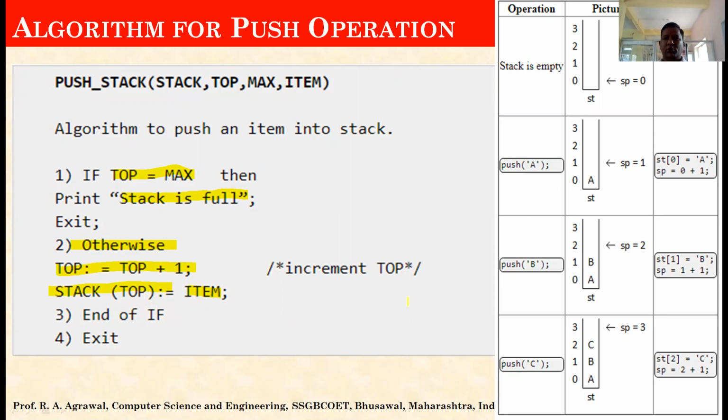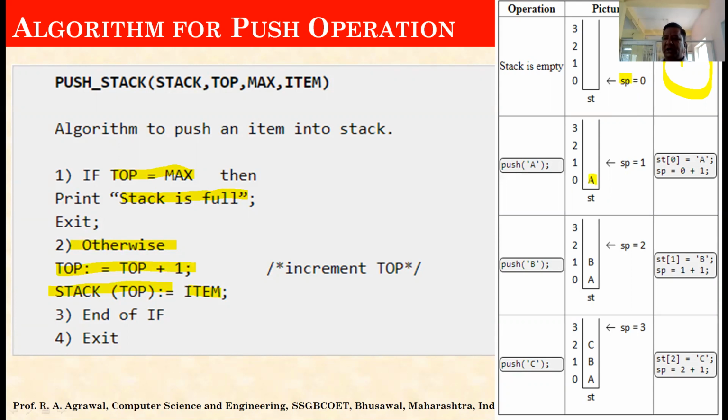So this is an algorithm for performing the push operation of the stack. Here you can see an example. Here the stack is empty, and the stack pointer is initialized to 0. You can initialize to 0, but when we are using an array implementation of stack, we will initialize it to -1. At that time this stack pointer will be initialized to -1, and the keyword which we will use for that is top equals -1.